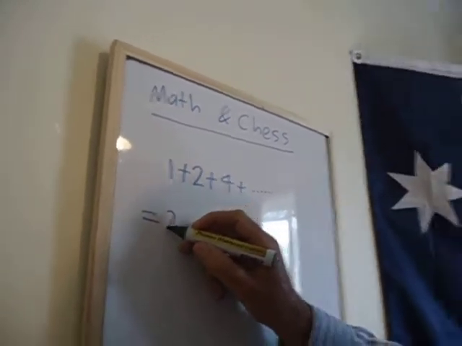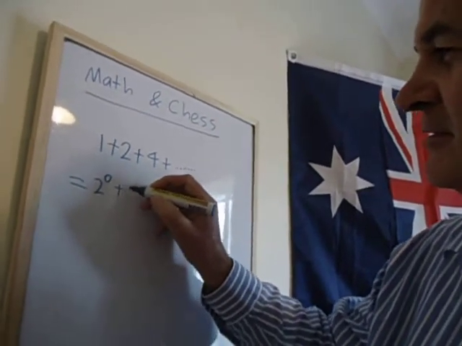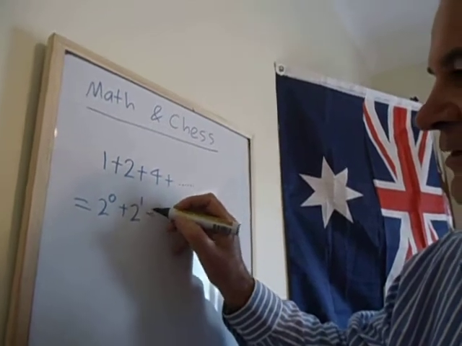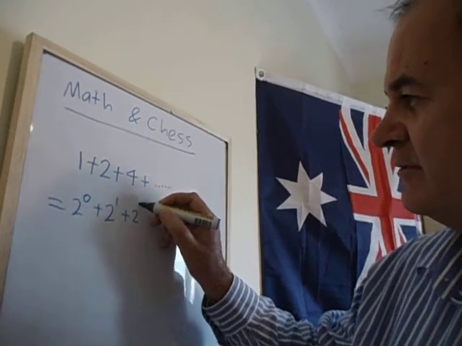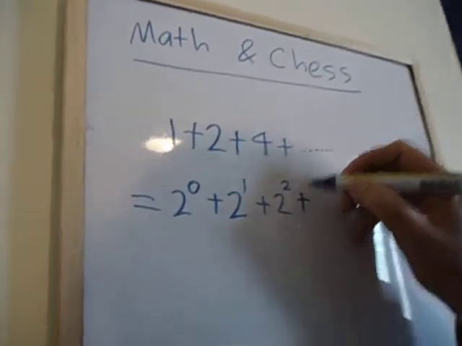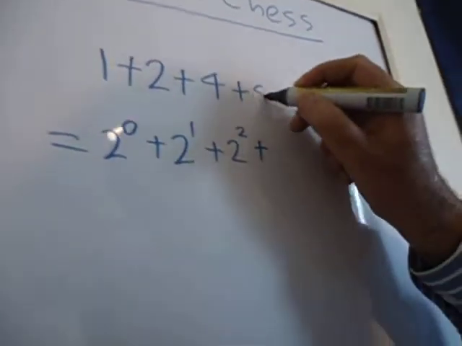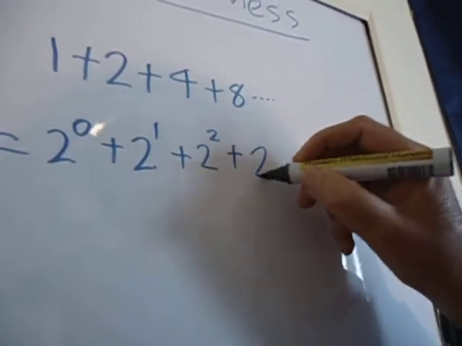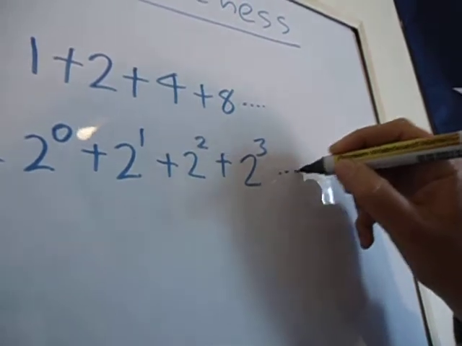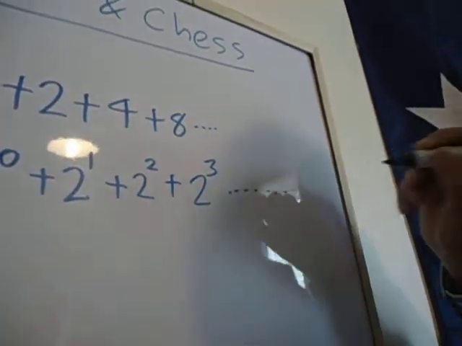The first one is just 2 to the power 0. 2 is 2 to the power 1. 4 is 2 to the power 2. The next one would be double that, which is 8, which is 2 to the power 3. Keep going until you have